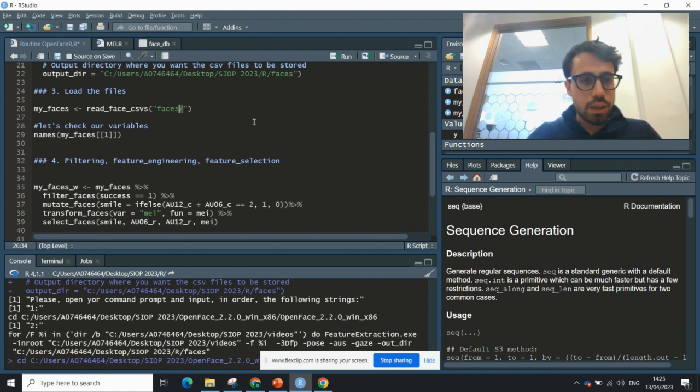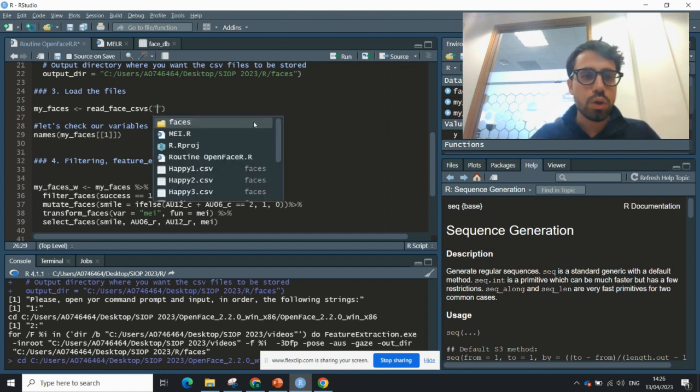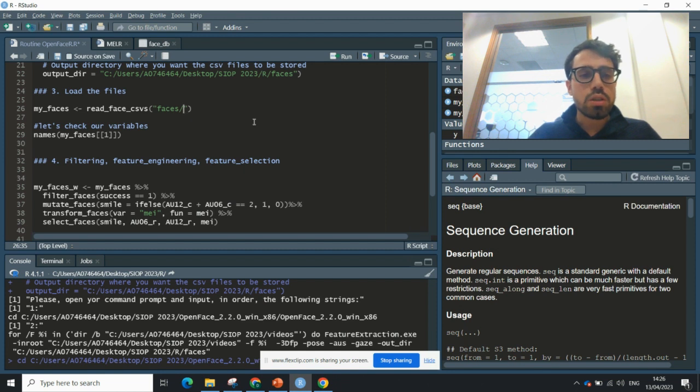So in this case, it's in the folder faces. I always advise having it in the same directory where you have your R projects. So you select your folder faces and you run